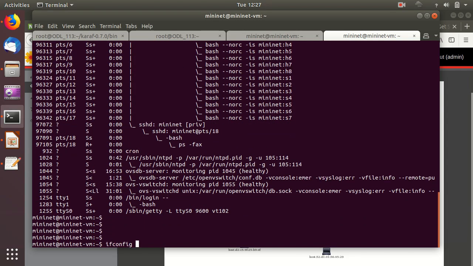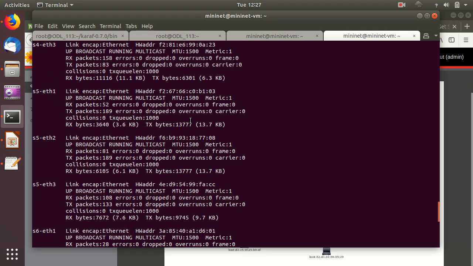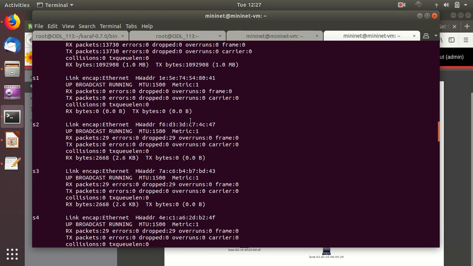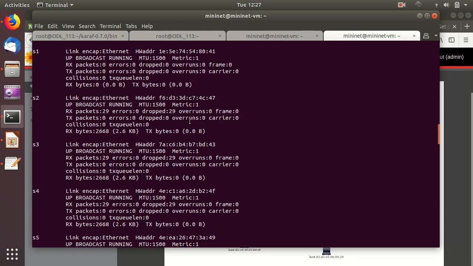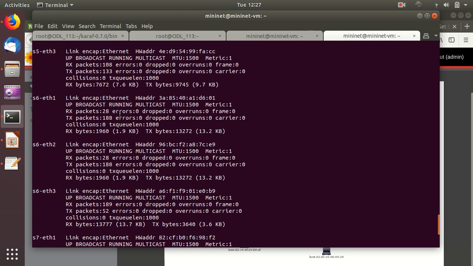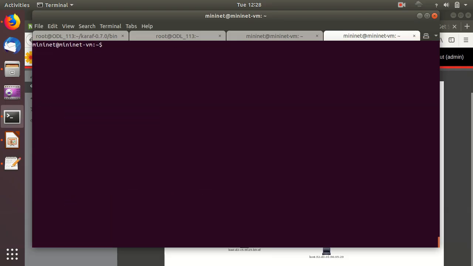If I do list of interfaces, you will see we got lots of interfaces on this machine, for each switch, and also these are the virtual connections between the switches and going to those hosts. Okay, and also from the Mininet we can call